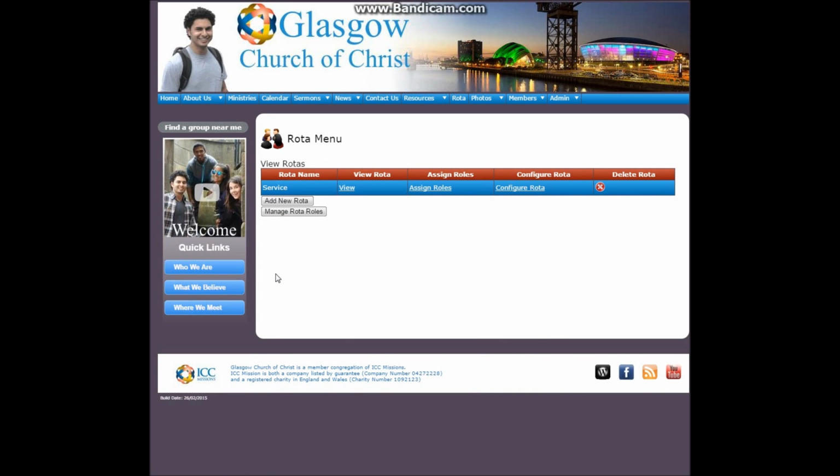and as I am an admin, I see a number of things here. I see the rotas that are currently available. Just at the moment we have the one rota. I can view the rota, I can assign roles to the rota, and I can configure the rota. I can also add a new rota to here and manage the roles that are available within each of the